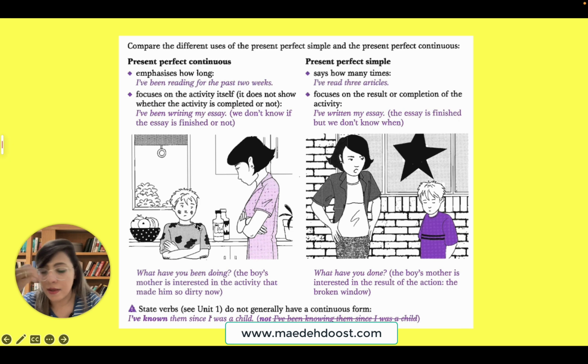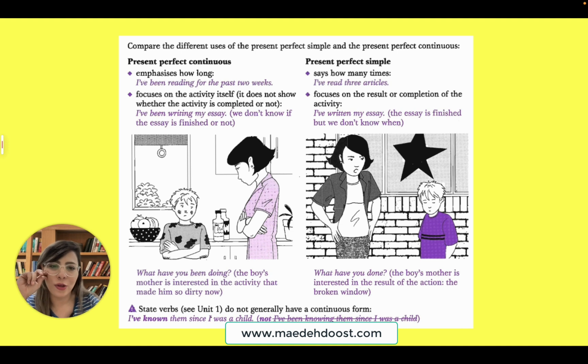Here, what is important? The activity of doing, and the result is he is messy. Yes, he made a mess. The result is this, but this is not the matter here. اینکه این کثیفه ریزالتشه دیگه. حالا مامان میگه چه غلطی کردی، یعنی اکتیویتی چی بوده؟ اکتیویتی چی بوده که تو این شکلی شدی؟ ولی اینجا مامان ازش پرسید چرا این شیشه اینجوری شکسته؟ What have you done? یعنی اینکه what is important here, the result is important. شیشه رو شکستی